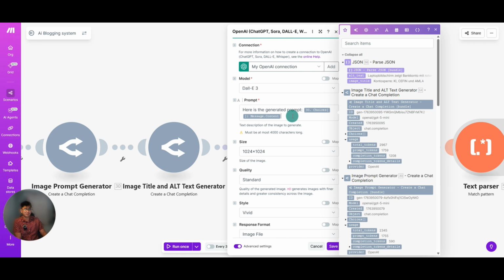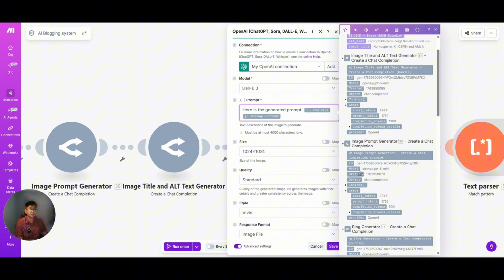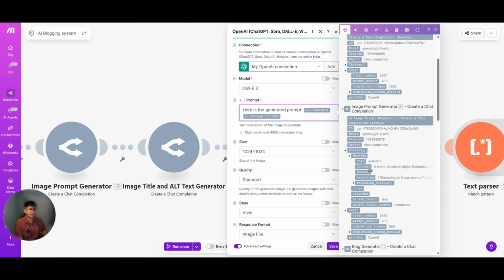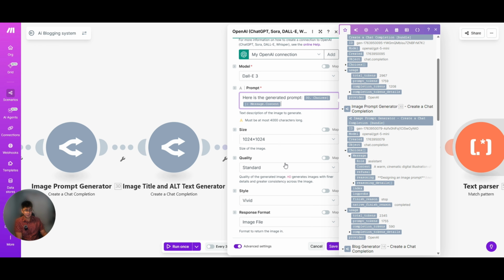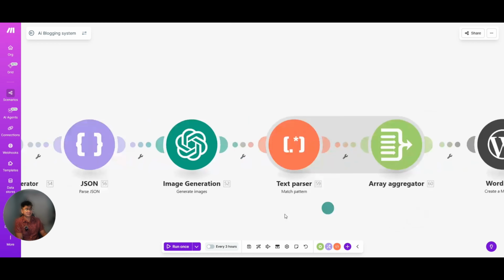You just map the content from the image prompt generator. You need to select the choices, the message, and click this content. I add some parameters here, such as the size, quality, style, and response format. I selected image file as the response format.